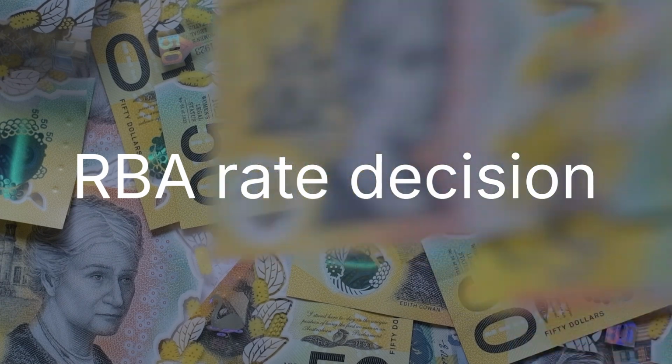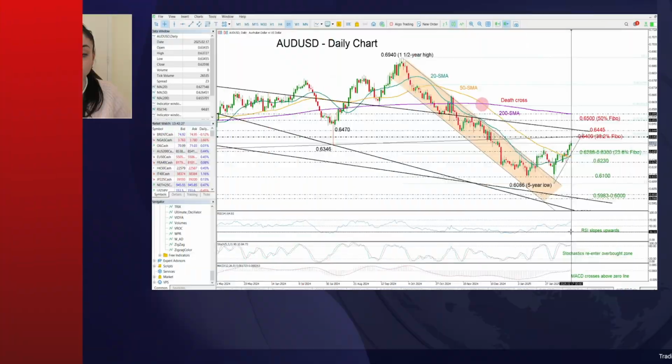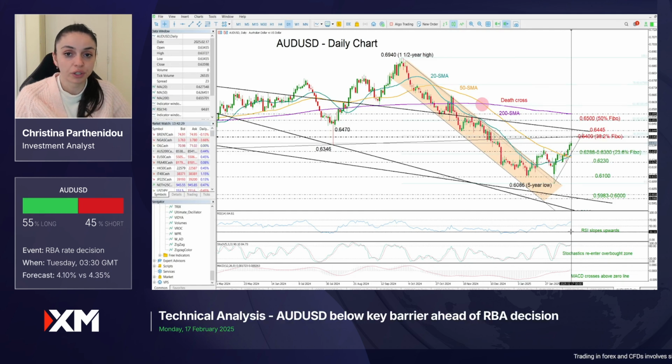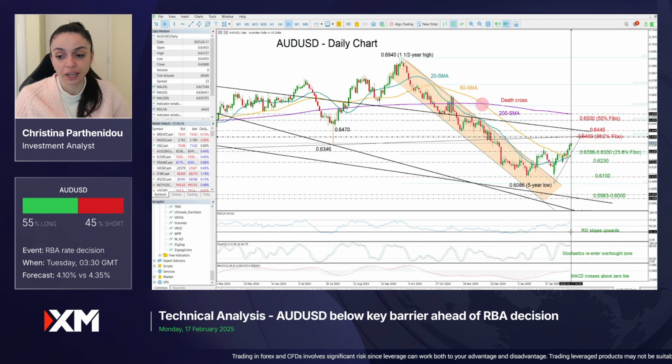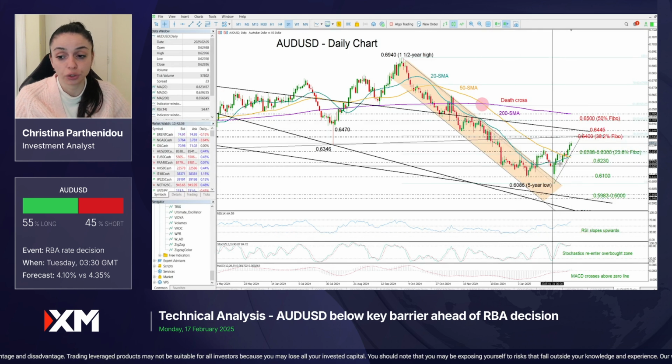Starting first with Aussie dollar, the Reserve Bank of Australia is expected to cut interest rates by 25 basis points. This will be the first rate cut in Australia. And questions remain about whether the central bank will continue to cut interest rates in the coming months as inflation is around its midpoint target. And GDP growth seems to be decelerating. In the fourth quarter, there was another growth slowdown in the economy. So it will be quite interesting to see whether the central bank will signal more rate